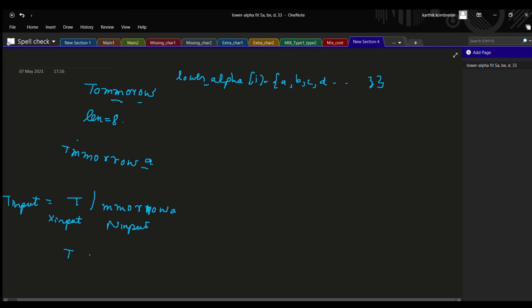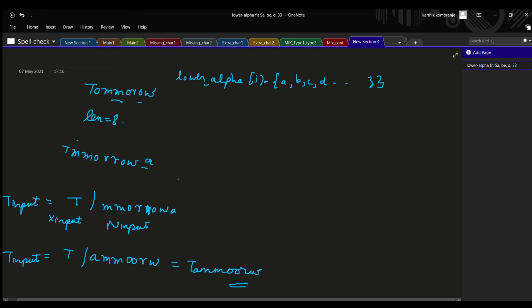It'll be A first, then MM, and then two O's, R, W. So this is my sorted input. So this will be your T input. That is, your T input will contain TAMMOORW.